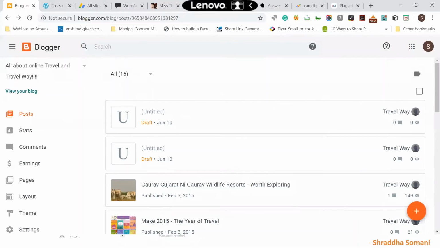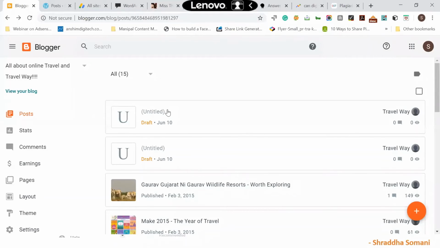Sanjana is asking me, can we create two different blogs of different content from the same Google account? Yes, you can do that. You can do that with the same Google account. You can create two different blogs. There's no issue with that. Abhinav is asking me, so we cannot create or keep the same account in WordPress and blogger.com and in websites, ma'am, and connect everything with AdSense account?